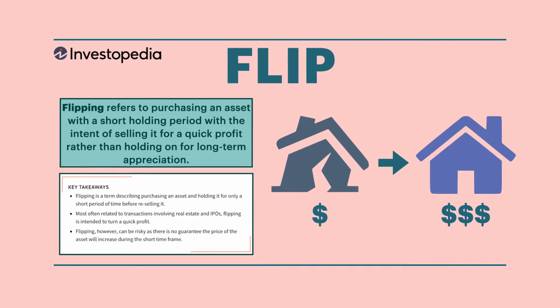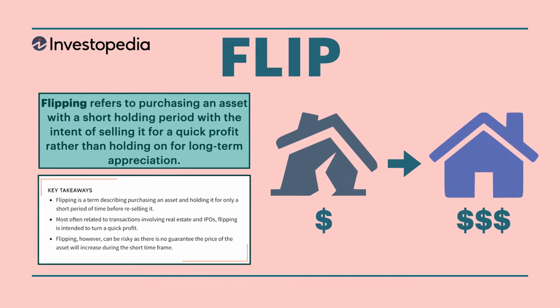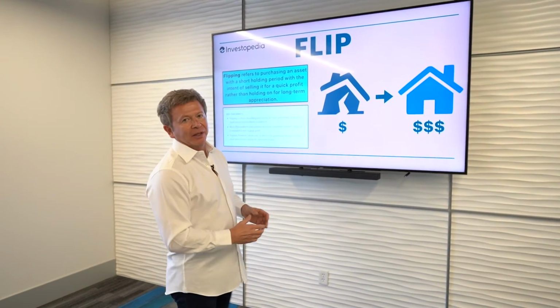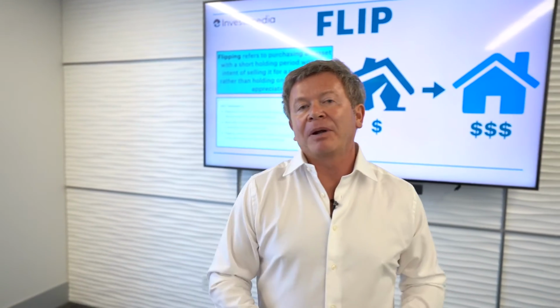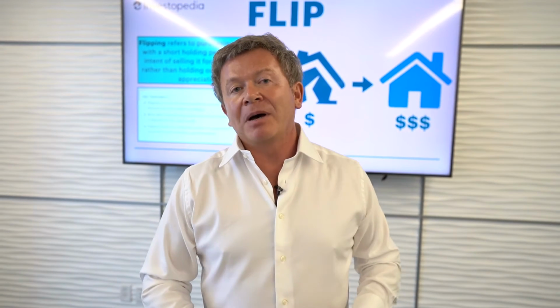And then there's flipping. Well, according to Investopedia, flipping is the act of purchasing an asset, a house, a property, doing something to it, and then realizing a short-term benefit by selling it off. Now, there's different types of flipping out there. There's what's known as as-is flipping, literally buying a house in an as-is condition and right away selling it off. There's the fix and flip. Fix and flip is when you actually have to fix the property to realize upside on the back end. There's some huge benefits. Flipping will make you more money short-term than any other real estate investing strategy. The downside, if you stop flipping, you stop making money.